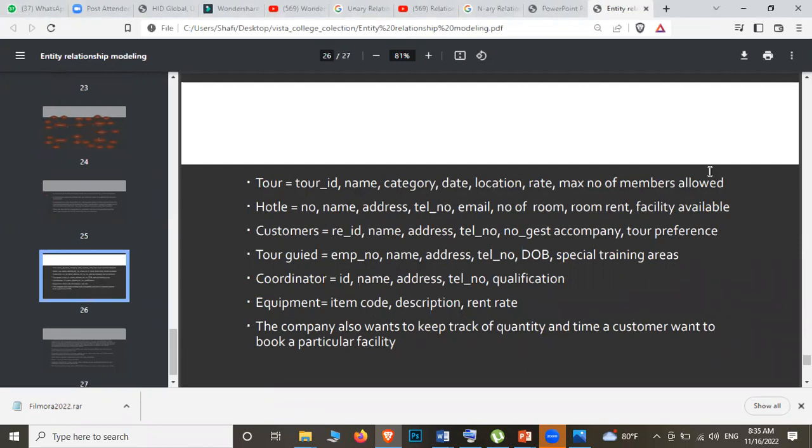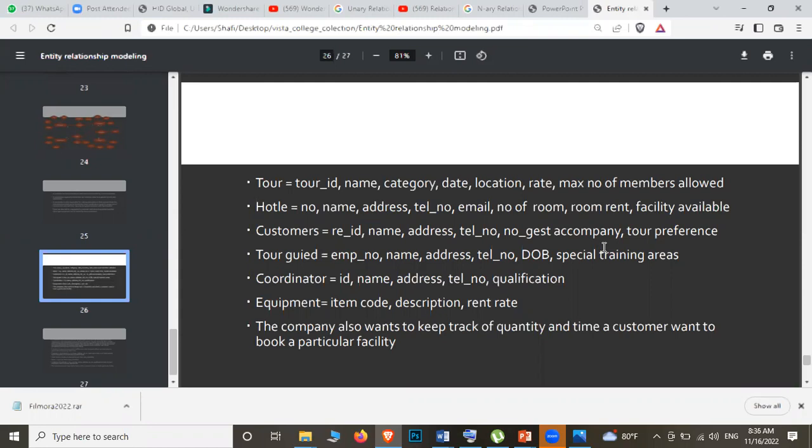Separately they have given all the attributes related to each of these entities. So please take this down and then draw the ER diagram for this particular scenario. Because the more you practice, the more you will understand. It is only when you practice that you will understand this. That is why I give you many homeworks and show many scenarios as separate practices.